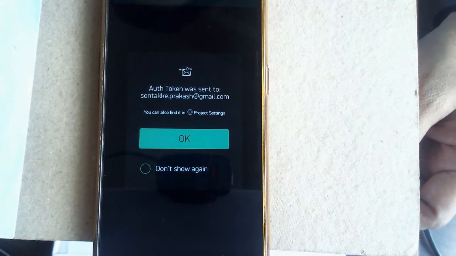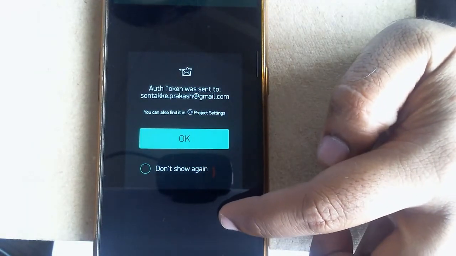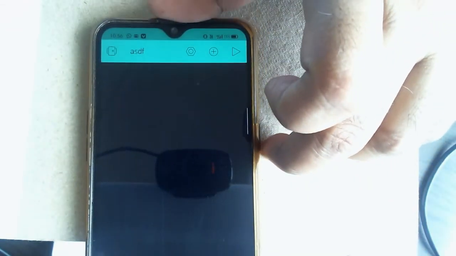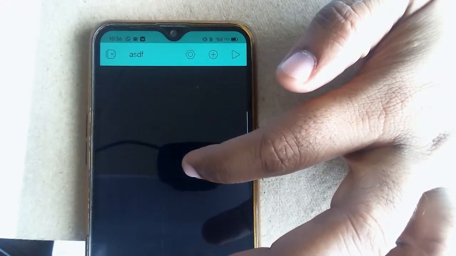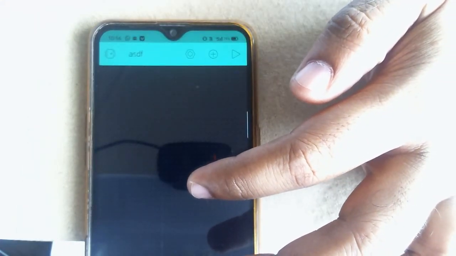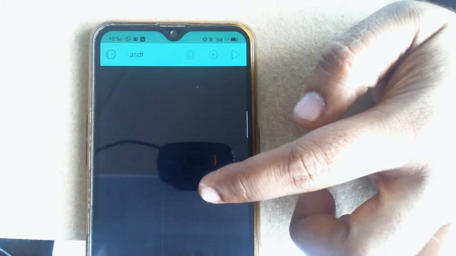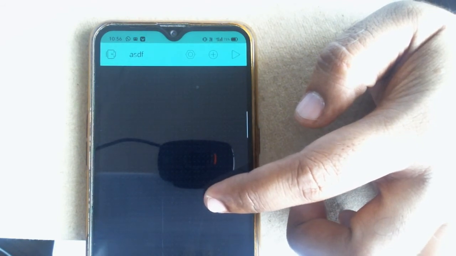Once it is created, it will send an authentication code to your email address, so go to your email and check the authentication token. You need to copy that into the respective code that we have seen. Also start the hotspot of your Wi-Fi router or your mobile device so that your IoT development board is connected to that hotspot, and mention the SSID and password in the code and upload it.